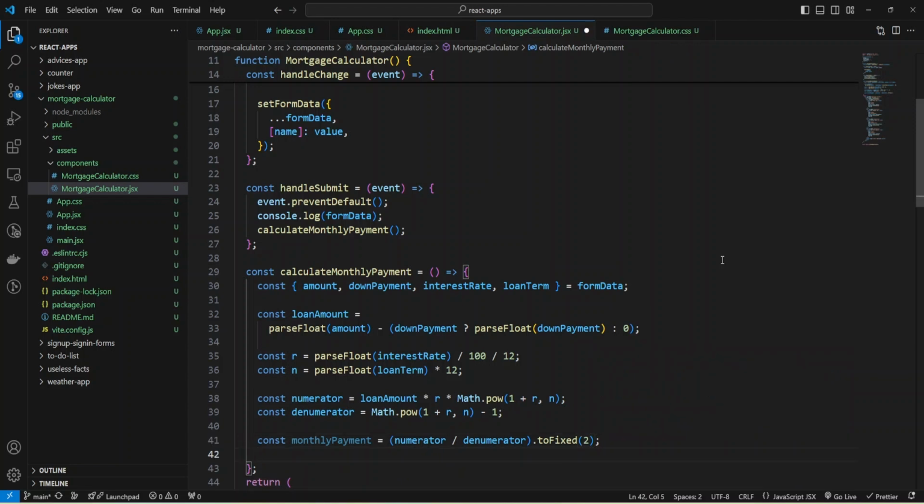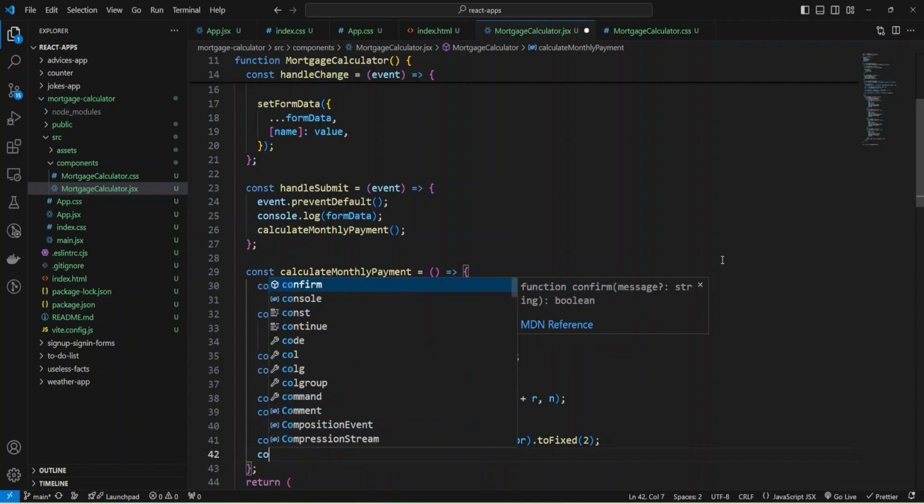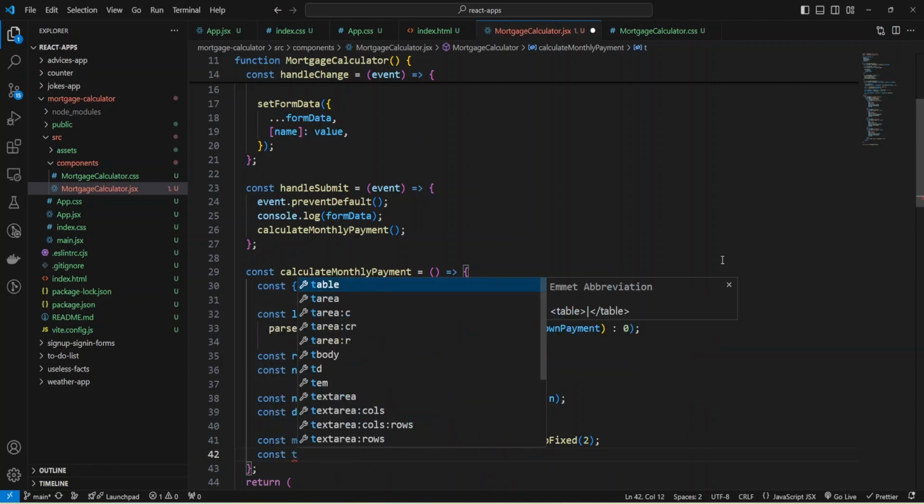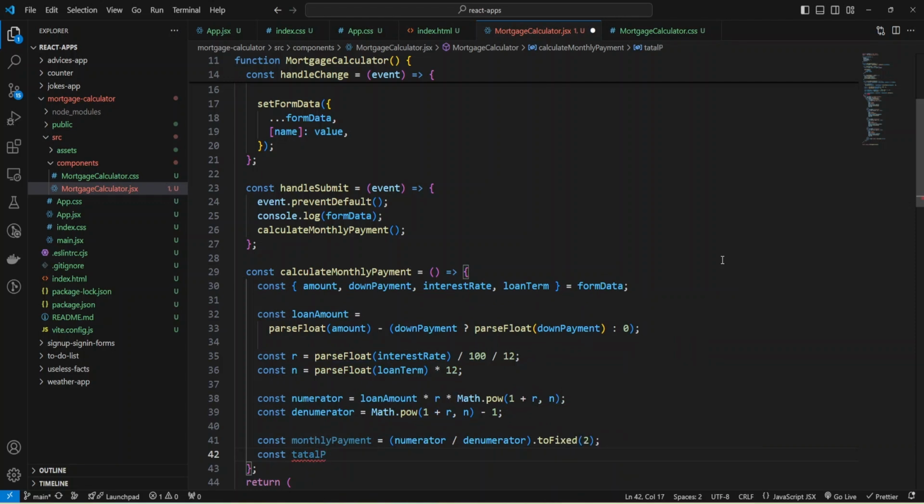And also we can calculate our total payable, and use our monthly payment, and multiply by N, and use toFixed, and also 2.